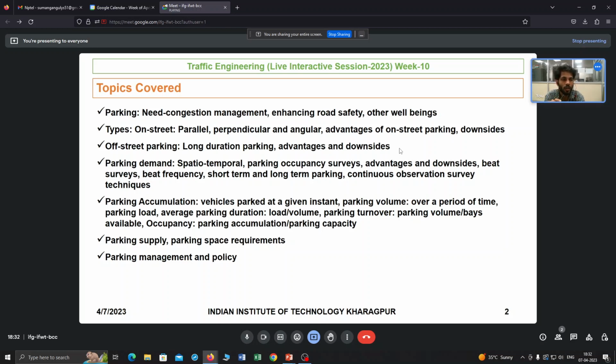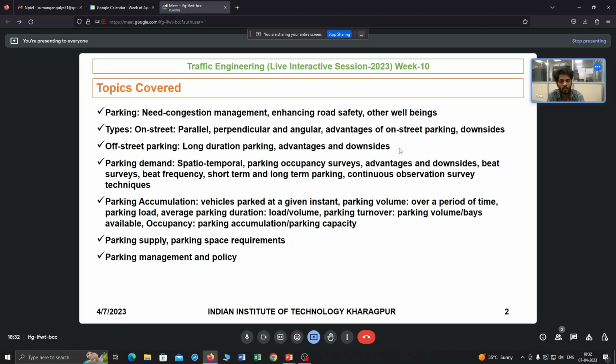But one of the problems with the parking occupancy survey is that you do not exactly know, for each vehicle, how long it is staying, at what time it arrived, at what time it leaves. That kind of micro level detailing has not been performed. We maybe know that during 1 hour or 2 hours this many vehicles are there, in the next 2 hours this many vehicles are there, and in the next 2 hours this many, right? Because it is an overall gross estimate, generally another type of survey is used.